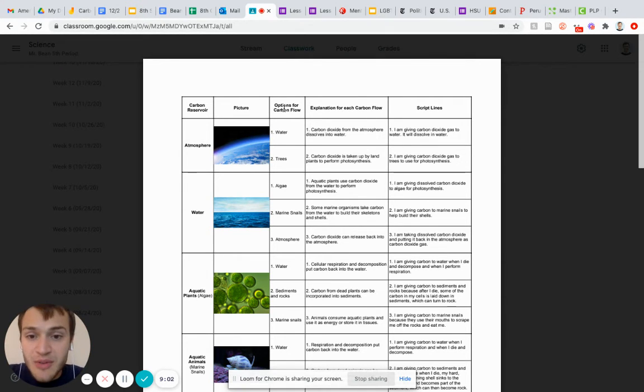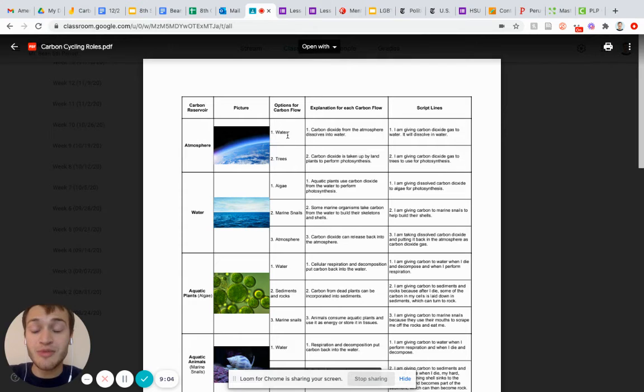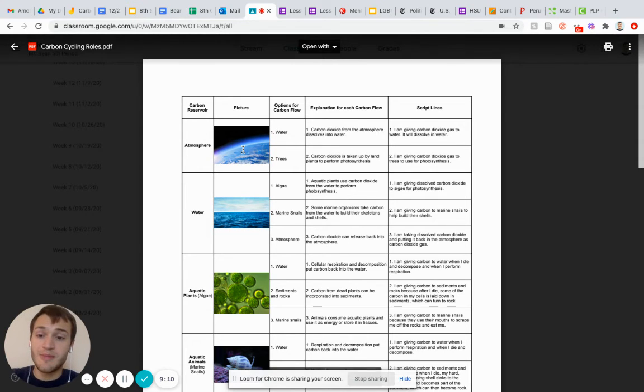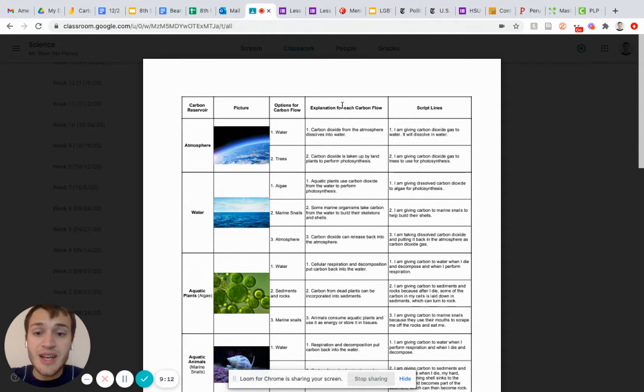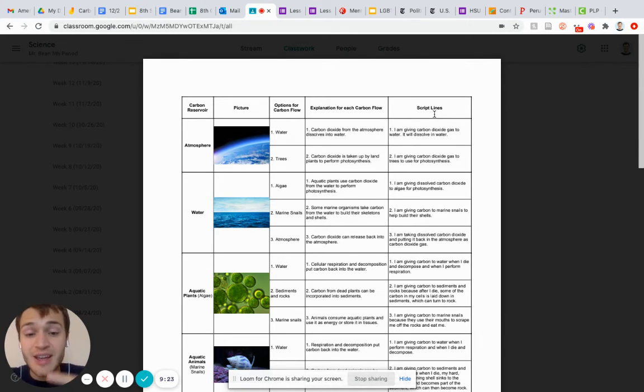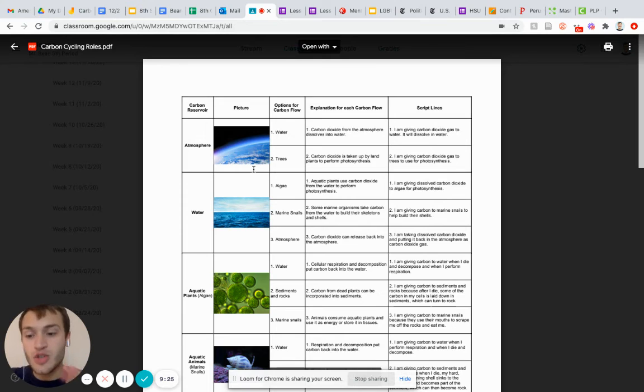And then after that, there's a column that says Options for Carbon Flow. This describes how carbon can move from this reservoir to other reservoirs. And then next to that, the column to the right, there's an explanation for why carbon can move to these other reservoirs. And then lastly is script lines. So that's what your classmates had to actually say as they move the carbon. So, for example,